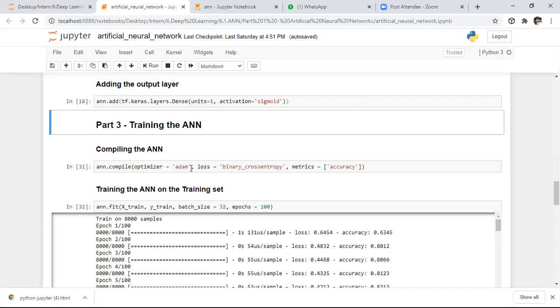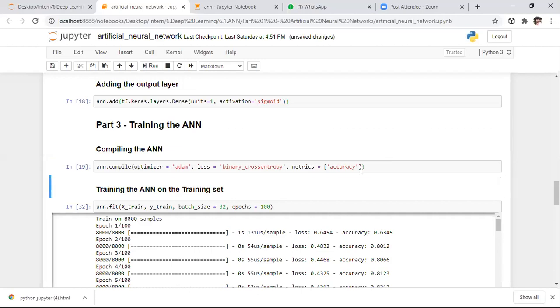We have different approaches like that. We have the Adam method also, which is a very good method to go with back propagation. Adam is nothing but, as I already told you in the intuition session, what happens if you take different learning rates to converge to the global minima. For that purpose, it is a very appropriate method. So here I'm using the Adam optimizer, and I'm using the binary cross entropy function as the loss function.